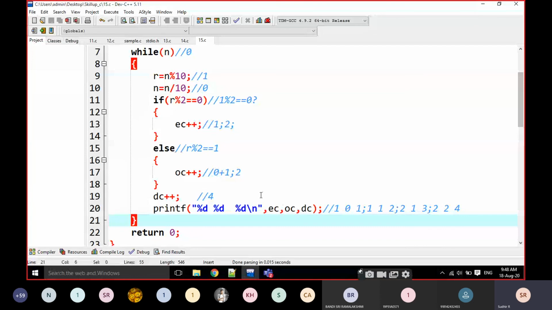I will forward all these questions again into the group. You have to open these .c files using Dev CPP, or you have to open them with that mobile app. Just download the files, and you have to open that app in the mobile, go to the settings and open the file. If you directly double click on it, it will not show the output, it will show the code. Why? Because the mobile is not capable of running C programs, right? That's why it is not opening. You have to install that app.